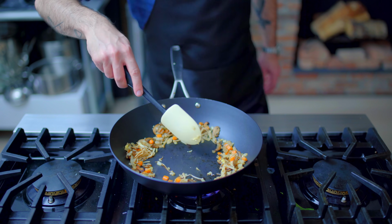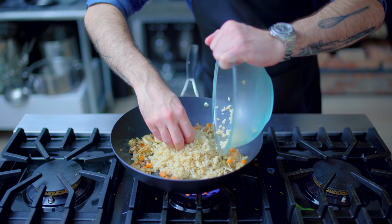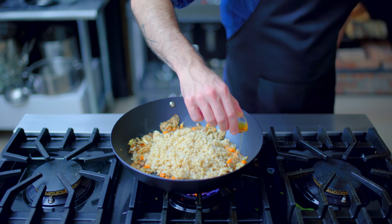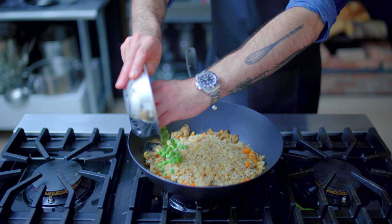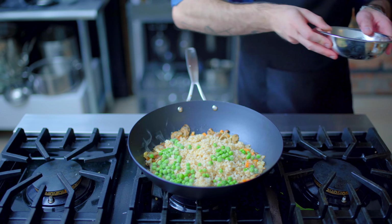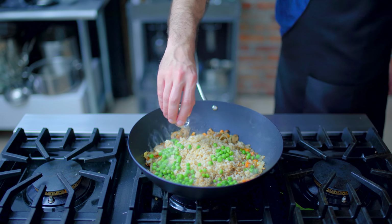Then we're scooting everybody to the outside of the pan, adding about a tablespoon of vegetable oil to the center, and dropping in our leftover short grain brown rice. Then I'm going to drizzle 2 teaspoons of toasted sesame oil around the outside, toss about a ½ cup of frozen peas on top, add 1 tablespoon of dark soy sauce, 1 teaspoon of mirin, and 1 tablespoon rice wine